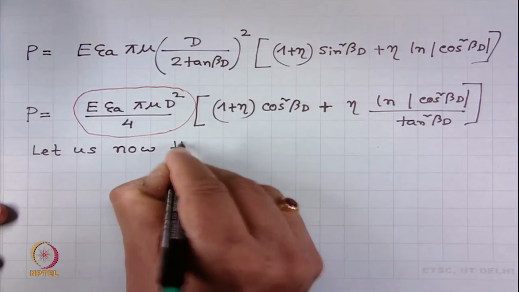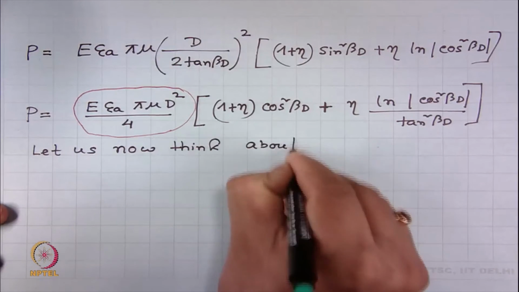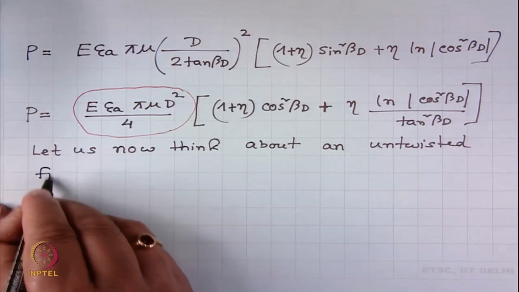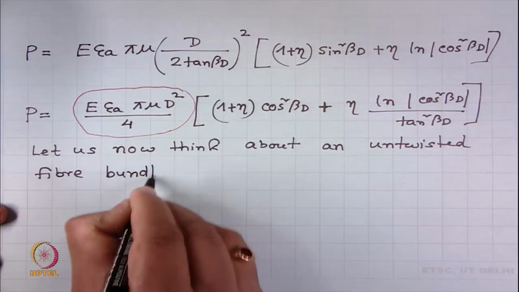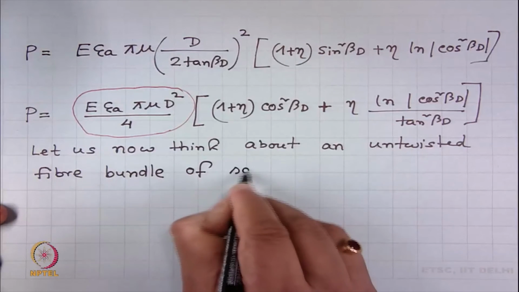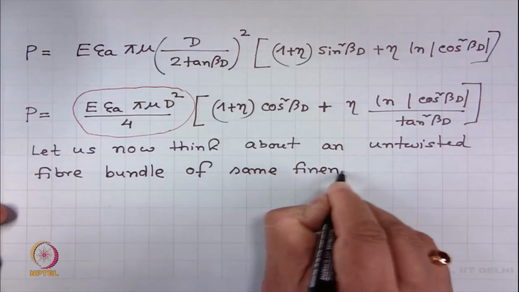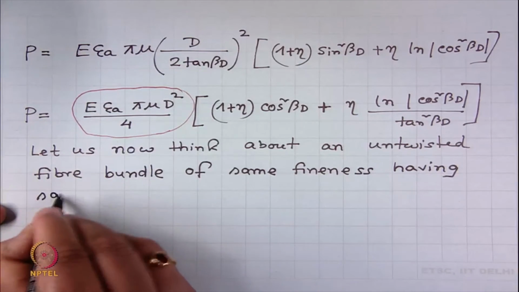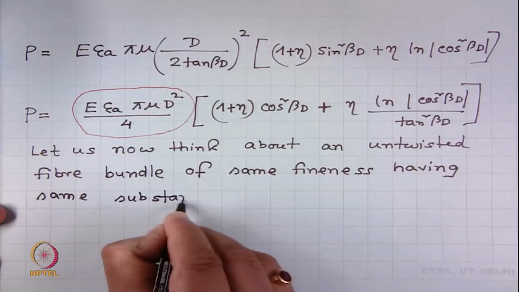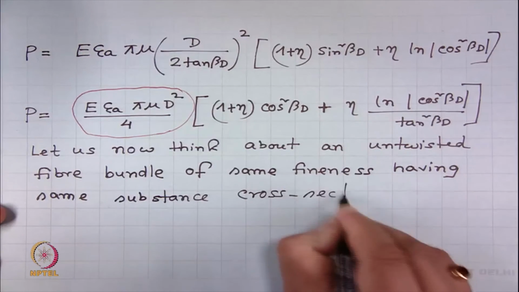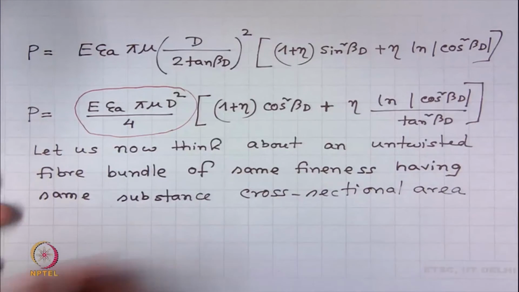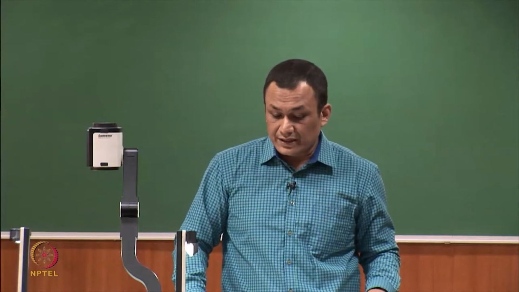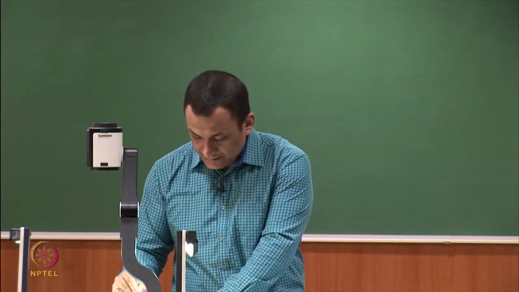Let us now think about an untwisted fiber bundle, that means parallel fiber bundle, of same fineness having same substance cross sectional area. So, at same strain,